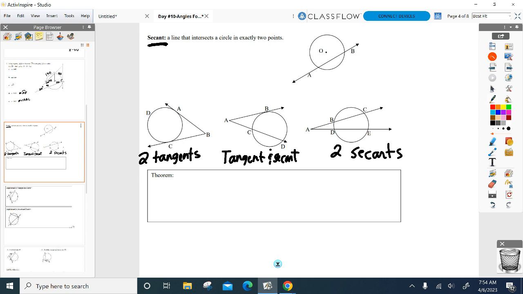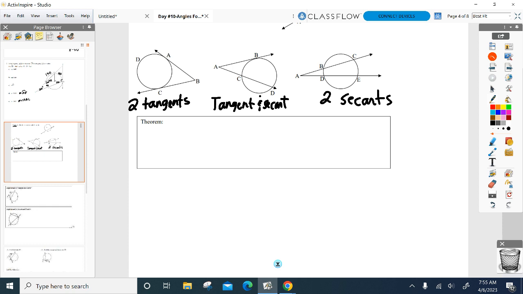Good news, though. All these angles on the outside are formed the same exact way. And here it is. We're just going to get right to it. So, an angle on the outside of a circle: I don't care how it's formed. Two tangents, two secants, a tangent and a secant. I don't care how it's formed. If the angle's on the outside of a circle,